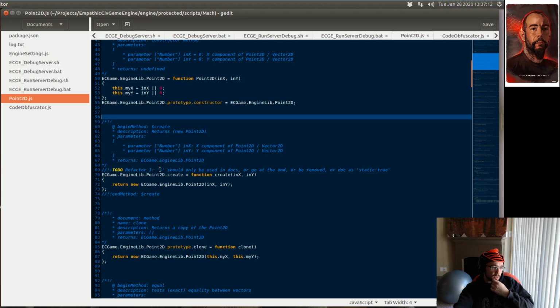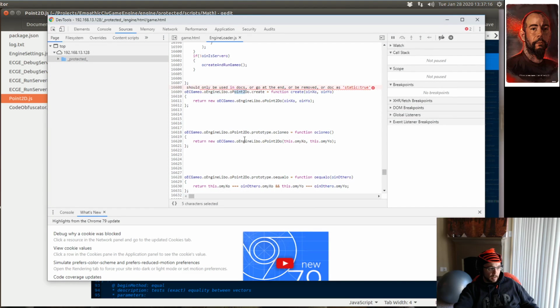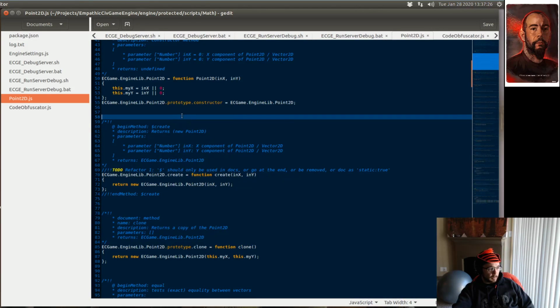My first guess actually was that this $ sign was maybe part of the issue, because of the way, excuse me, regular expressions work, and this is a regular expression